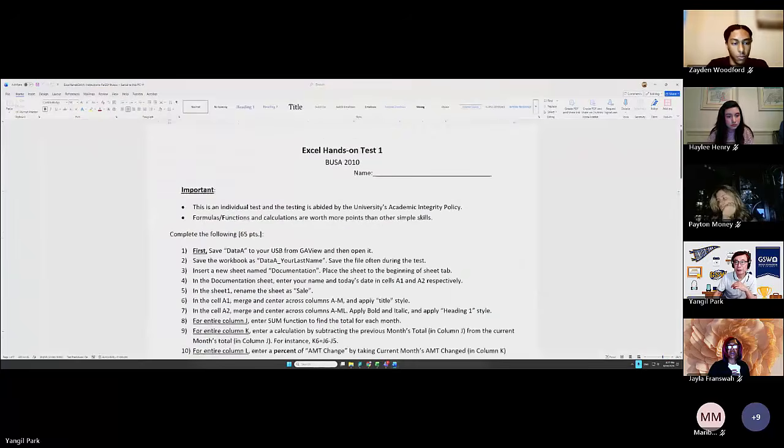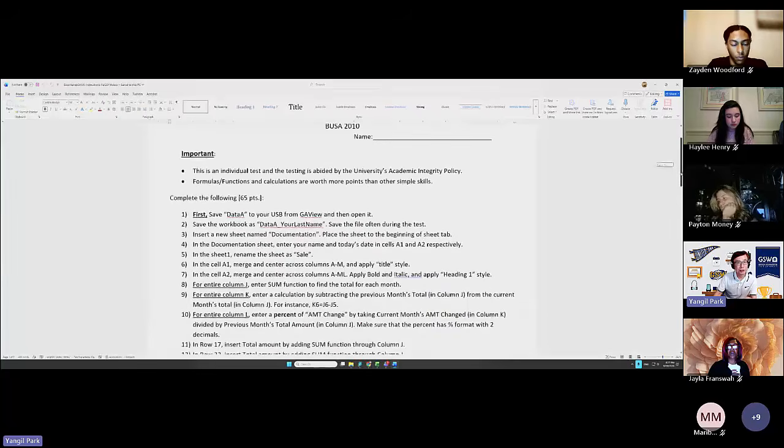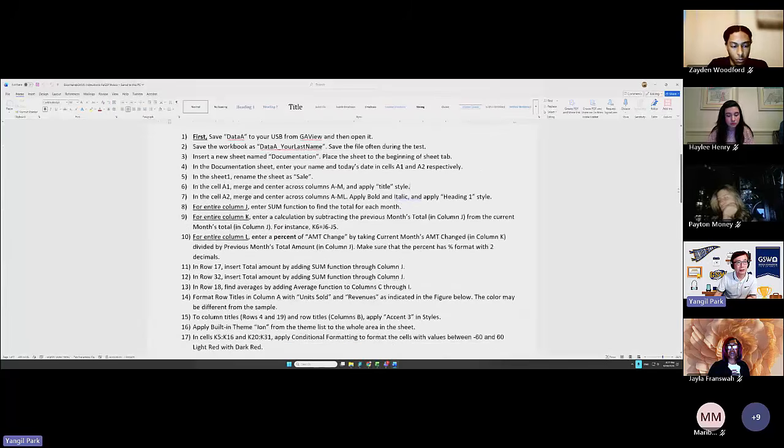This is a sample of the question you're going to get, right? There's a direction, step by step. You open up the data file, then you save it as whatever the file name. Then you name worksheets. Then you enter your name in a particular cell and apply title style, apply fonts, insert a sum function, and do the calculation, which is subtraction,